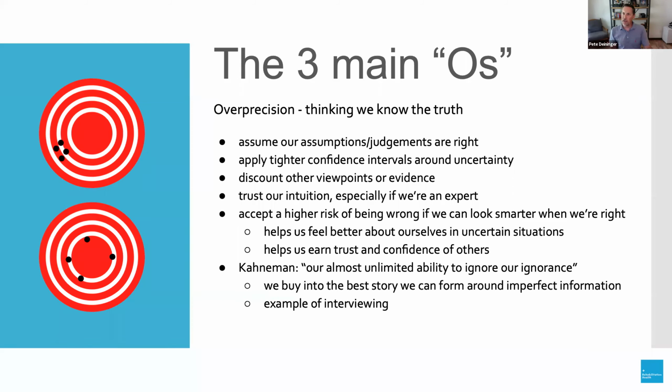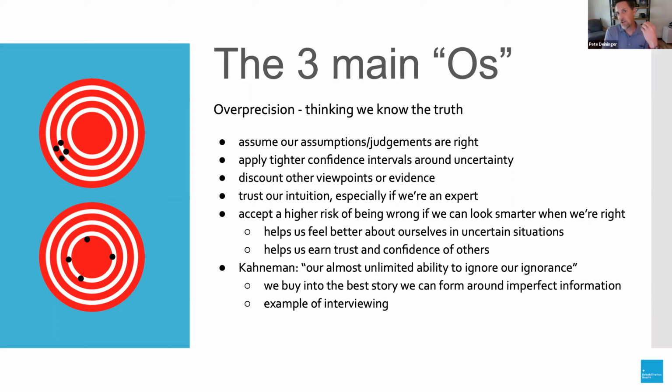Don't know the full answer, but I'm going to be very precise, and it will help to convince me that I have a basis for that precision. And it can also help us to earn the confidence and the trust from other people. If we say in this uncertain situation, hey, what do I think the market is going to do next year? And I say, well, I think it's probably going to fall in a range of from down 10% to up 30%. That's not going to instill a tremendous amount of confidence, even if I think this is an uncertain situation and that's the likely range.